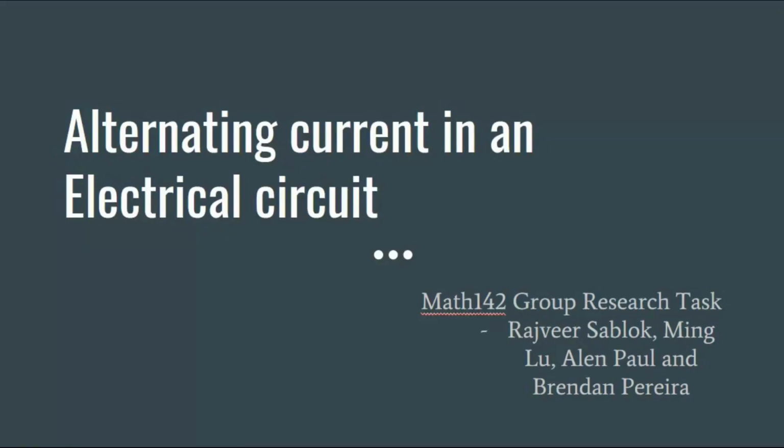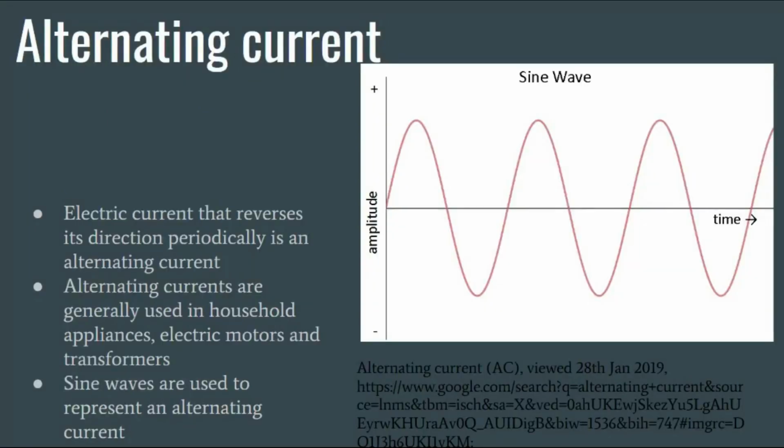Alternating current in an electrical circuit. Electric current that reverses its direction periodically many times in a second is called alternating current. AC circuits are widely used from household appliances to electric motors, and sine waves are used to represent these electric